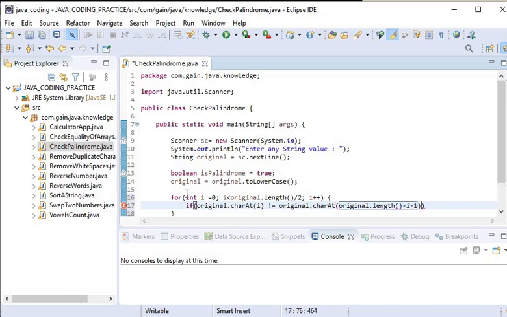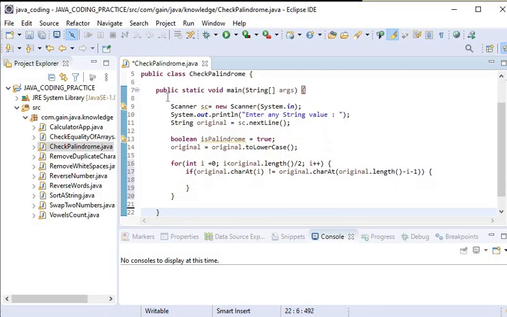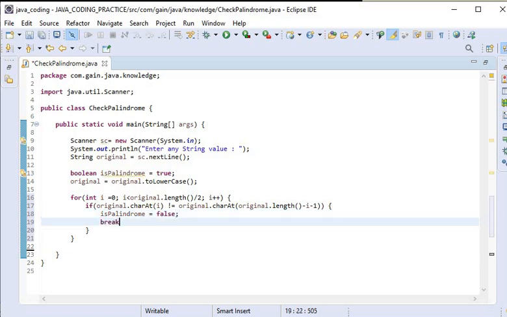It means it will read the character from the last index, and if the first index character and last index character do not match, then the flag value will be false, and we will break the loop. So we can say it is not a palindrome if they do not match.